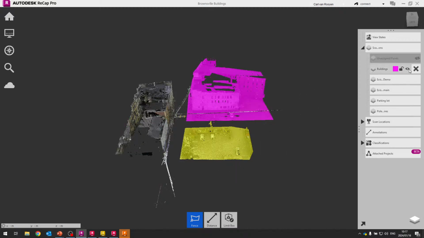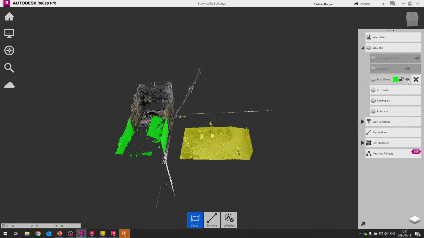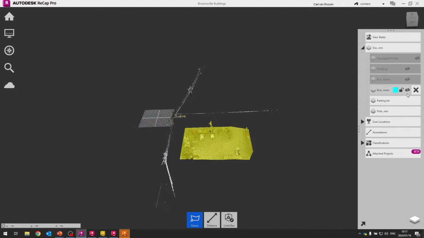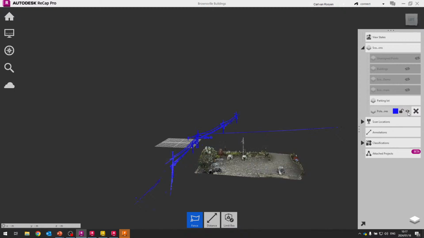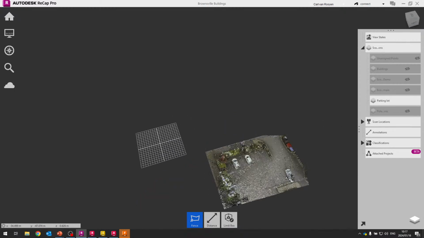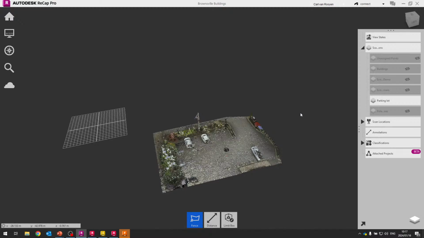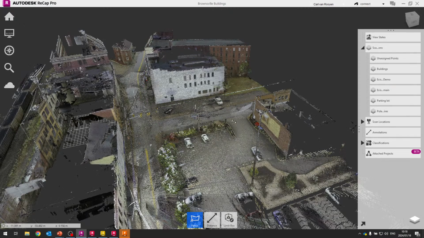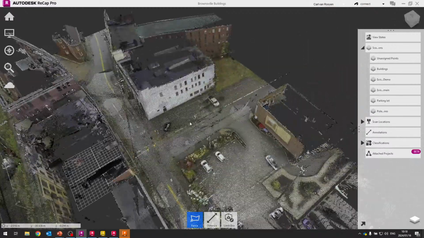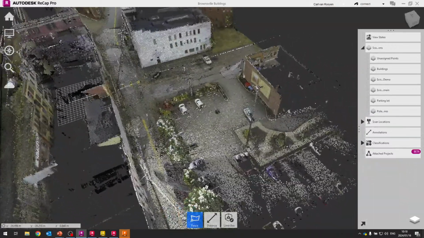We've got buildings there. We can hide those. We've got some existing buildings. There's the parking lot, and we also have regions where there are all the poles and wires. So we could even hide those as well. So we're left with just the parking lot region. So this is one way of keeping all of the scan data, but being able to isolate a specific area